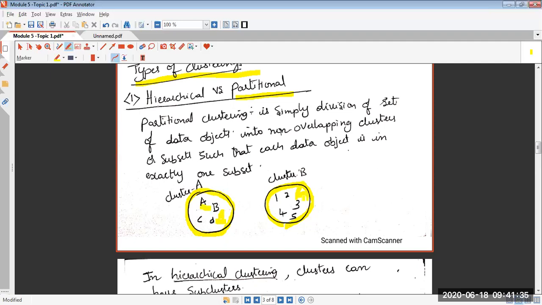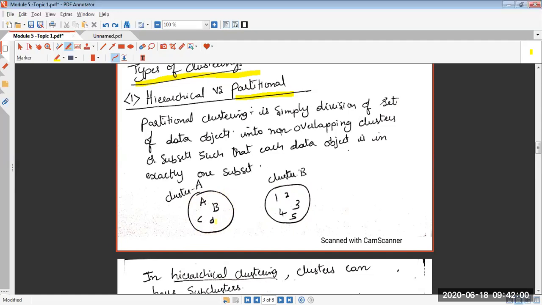Okay, so that is the first point. Second point is you do not have any subsets inside. It is purely one single set. What do you mean by a subset inside? For example, this is my outer set. Inside that, I had created one more small subset. Okay, that is a subset in a cluster. You do not have any such thing here.